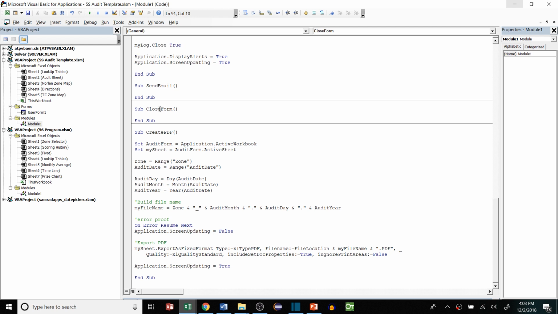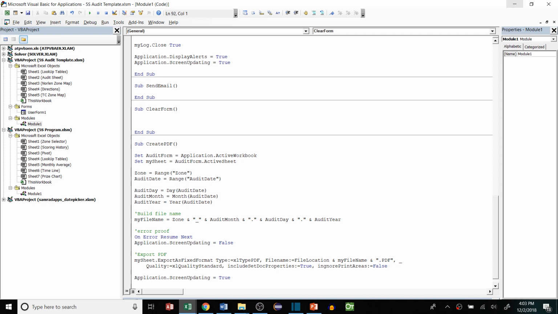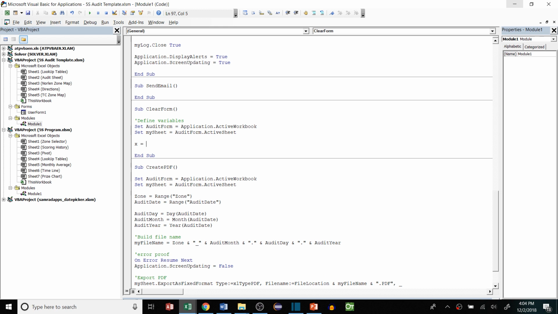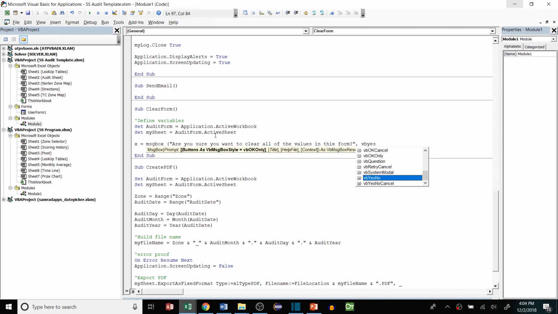So before, when I made this routine, I named this wrong. I called it close form. We actually want that to be clear form. Let's do that one next. So again, we'll define our variables, and then we're going to display a message box to the user that will ask them if they're sure they want to clear the form. And we'll set the message box type to vbYesNo, so it'll give them a yes or no option,